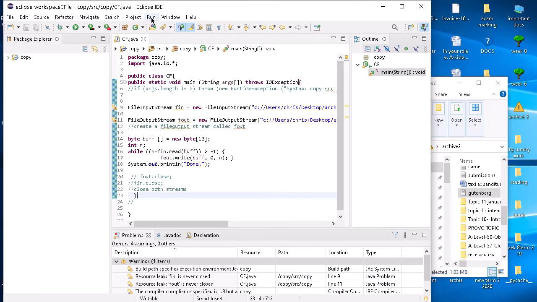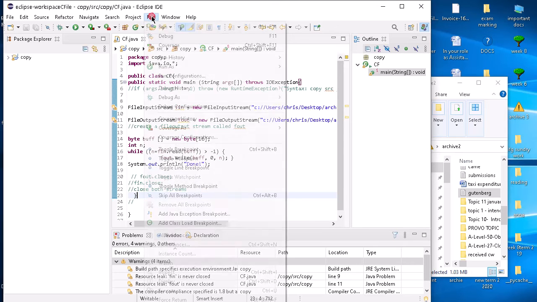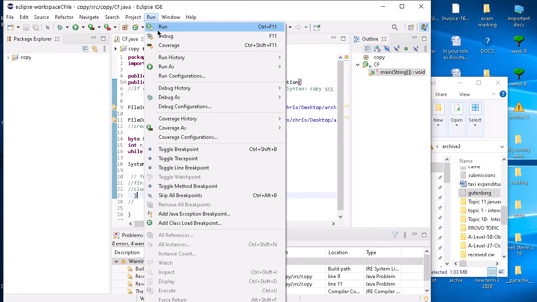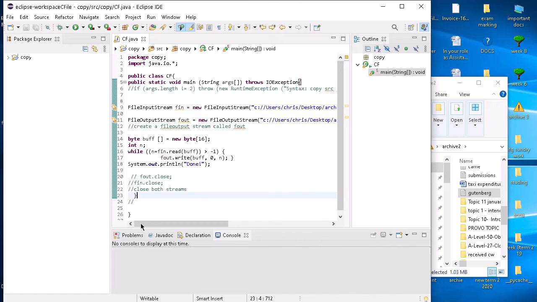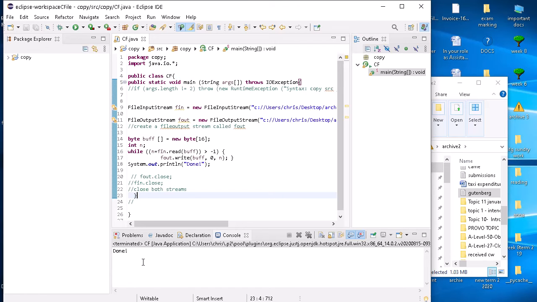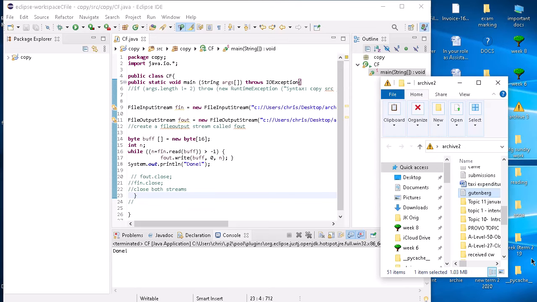Just run this for you and demonstrate that I think it has actually done what it's supposed to do. I run the file, so I click on run, click on run again, and that's it. Done. So there's nothing there, nothing visible on the screen. But what it should have done is to copy this rather large file onto the empty file. So let's have a look at the folder called archive2, and let's have a look at